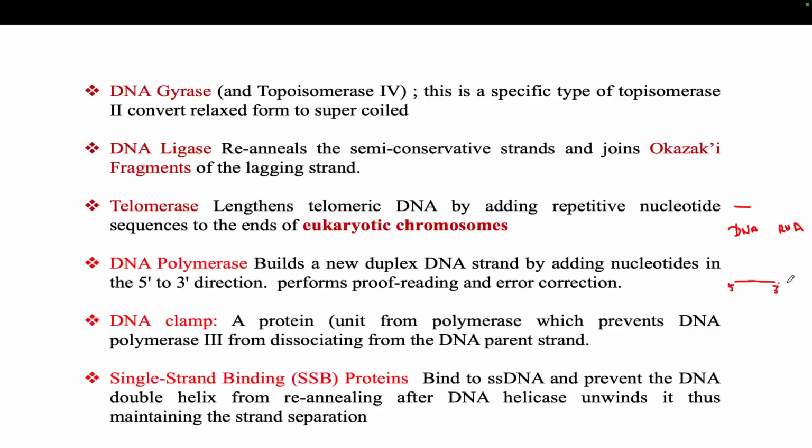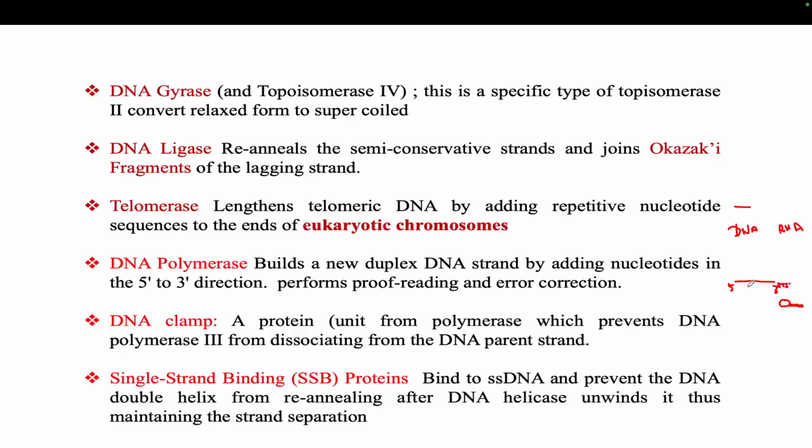So what this telomerase is doing is, I can say, it is an RNA dependent DNA polymerase. It is made up of two things: one is RNA itself and another is the enzyme, so it is made up of protein, or it is a kind of protein which also has the RNA. So it will bind here and it has the RNA, and this RNA will act as a template for this strand synthesis. Based on the sequence of this RNA, the DNA will be produced.